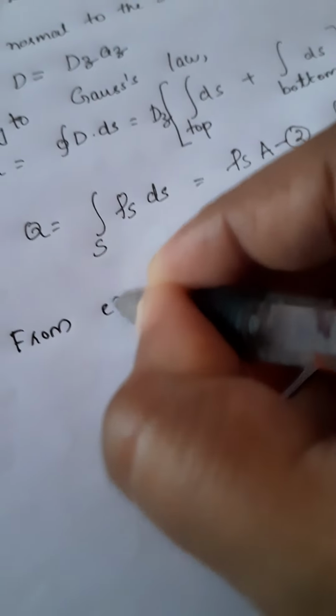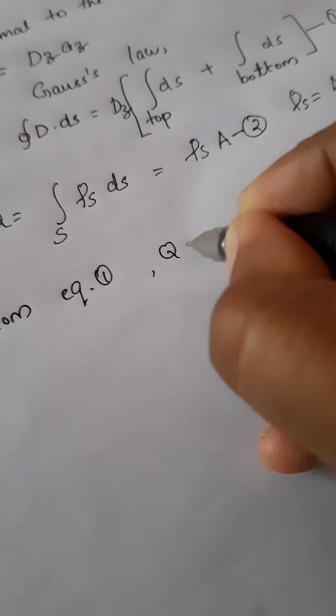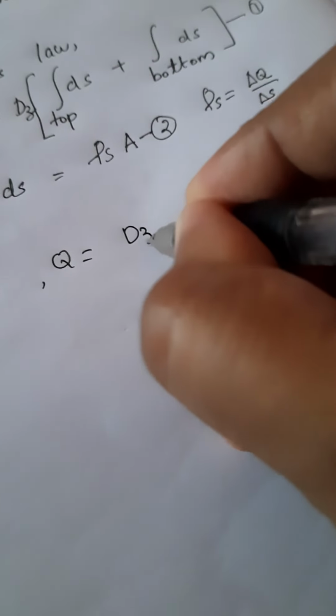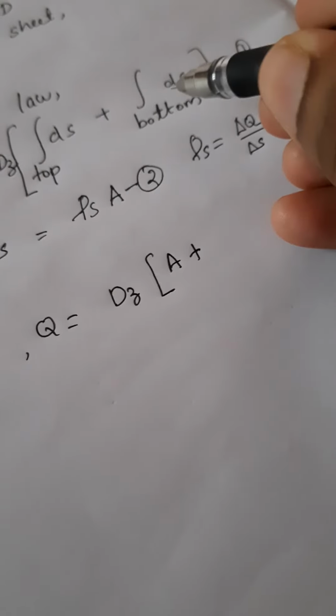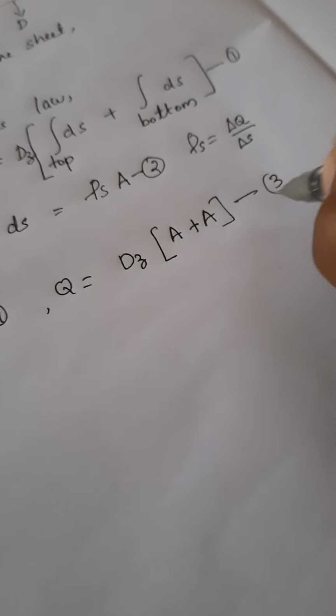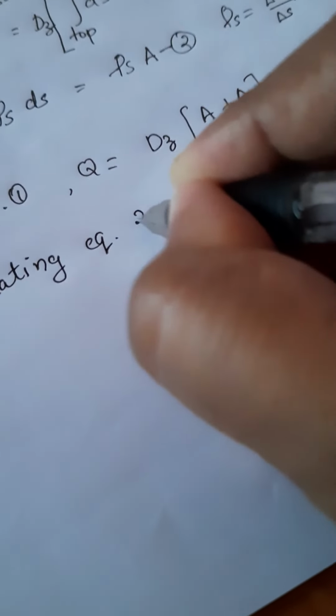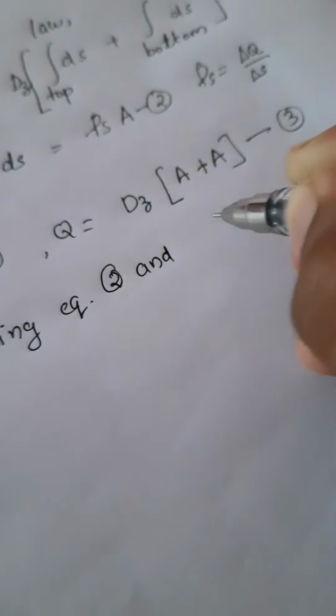Now from equation 1, we can write Q will be equal to Dz into the top surface area, that is A, and the bottom surface area, that is also A. So that is kept as equation number 3. Now equating equations 2 and 3, we get